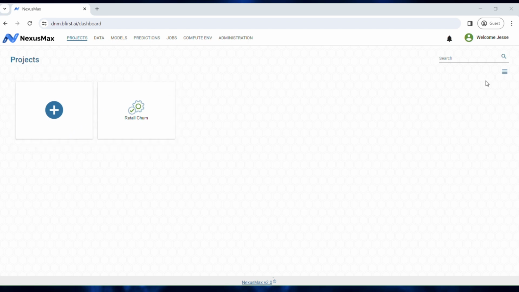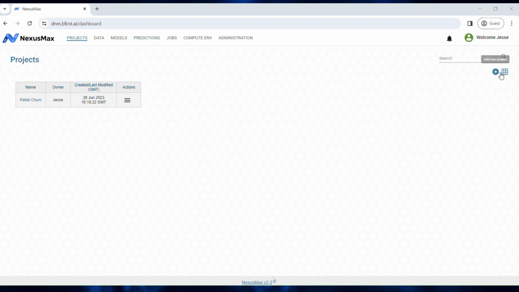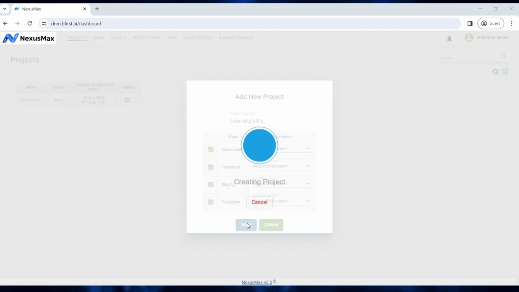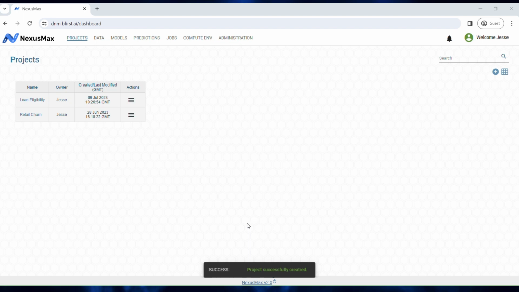On the right side of the page, as I click here, I can change the grid view to table view. In either of the views, I can perform the same actions. For instance, I will click on the plus sign to create a new project called Loan Eligibility. The objective of the project is to store a model that will predict if a customer is eligible for a loan or not. On clicking Save, you can see that the newly created project has also been listed, and the projects are sorted